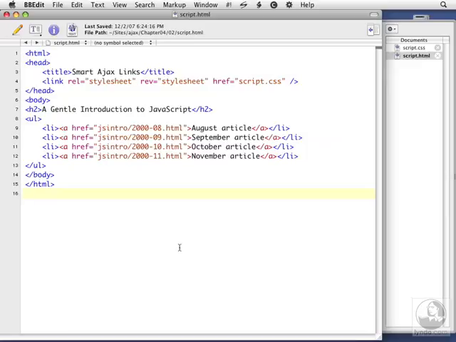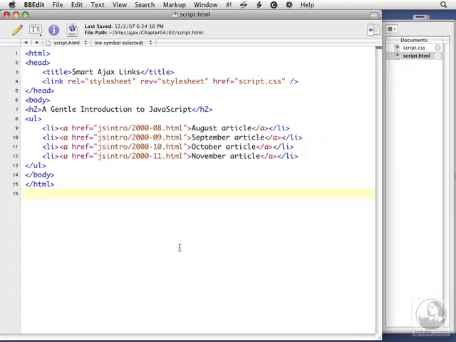In this lesson, we're going to see how adding just a little bit of HTML and CSS is going to work towards making our pages smarter with Ajax. For those of you following along with the exercises, I'm looking at ajax/chapter04/02/script.html. And given that we already have our static HTML and CSS files,